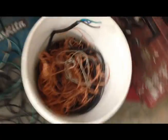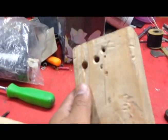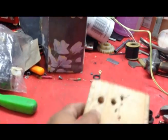Got a lot of wires, really a bunch of wires in there. See, I've been cutting them off, this wire, and it's really hard to peel them off without any tool. I was playing with this board, a 2x4, and then I was putting my blade in here